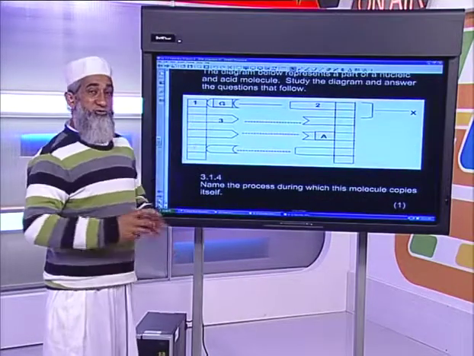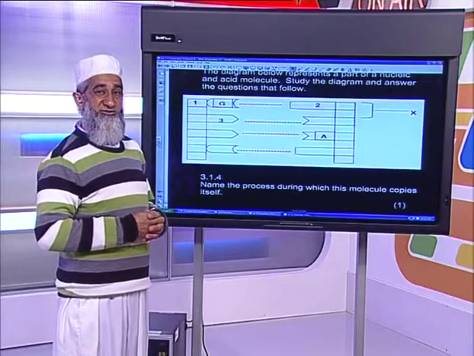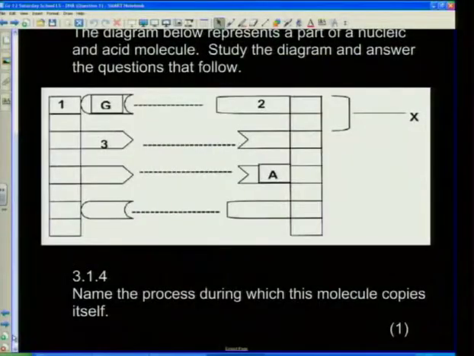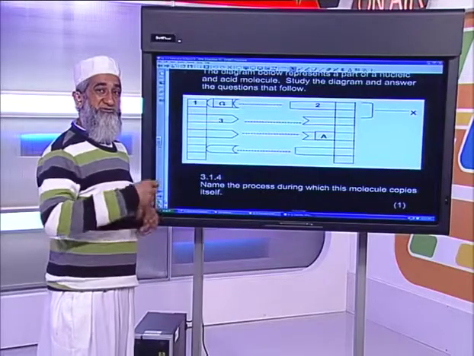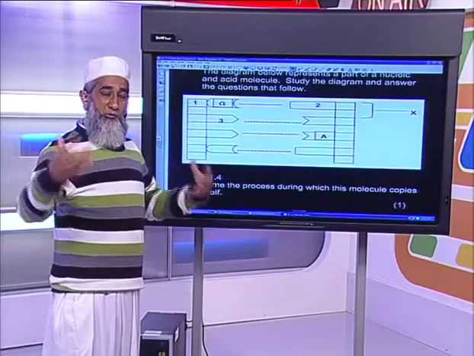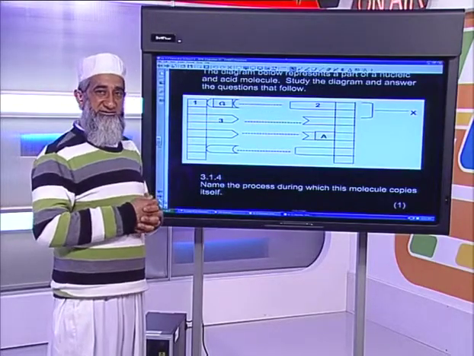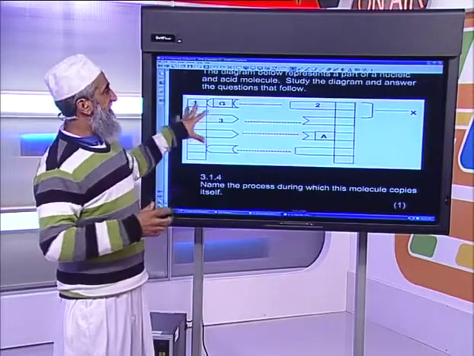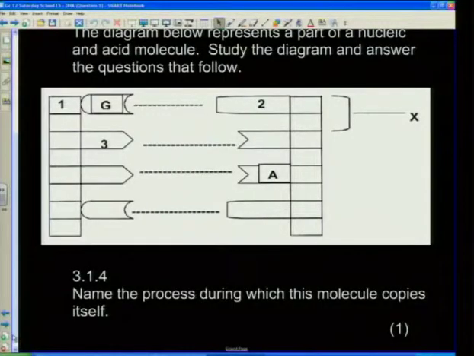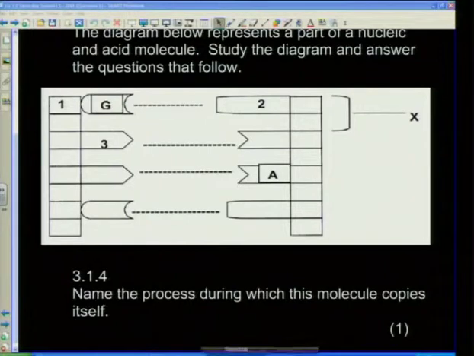Now, we could also obviously ask in this particular question, firstly, name this molecule. Then obviously your answer would have been DNA. Coming back to where we are with this question now, asking you the question what process is represented here. So obviously the question then would be, name this molecule. And the next question could be is label 1, 2, and 3. Let's look at these things carefully.